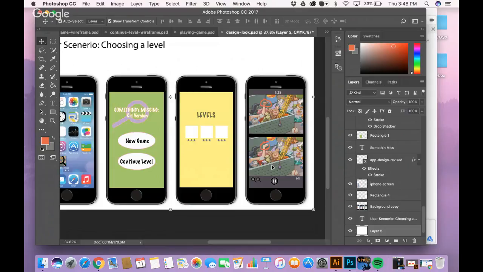I mean, little kids are going to be playing this. Do you think little kids are going to know what 1/5 means? Maybe, because